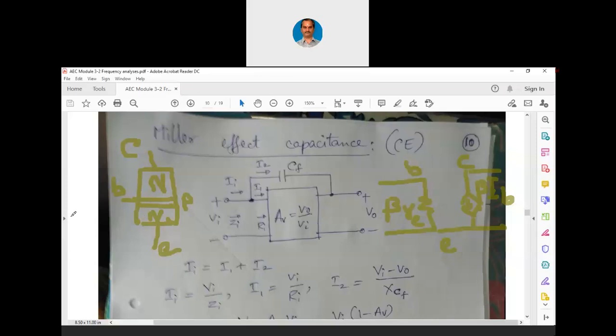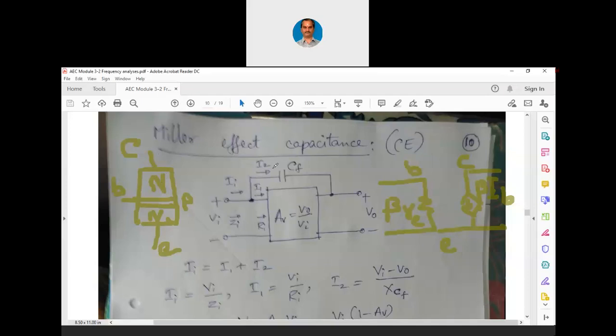As I had told you, in the frequency response analysis, we cannot ignore even a small quantity of resistance and capacitance, because it is going to affect the frequency response of the amplifiers. So now we will have to find out what are all the stray capacitances that are available in our amplifier circuit inside the device. It is not outside the device. Now for finding out those parasitic capacitances or stray capacitances, we will have to discuss a concept called Miller effect.